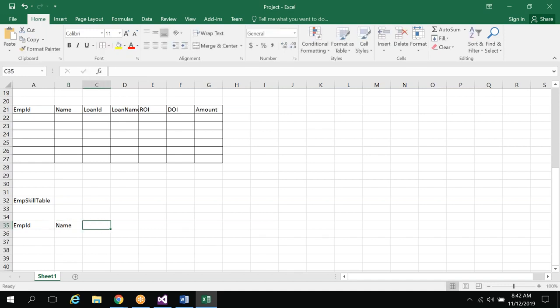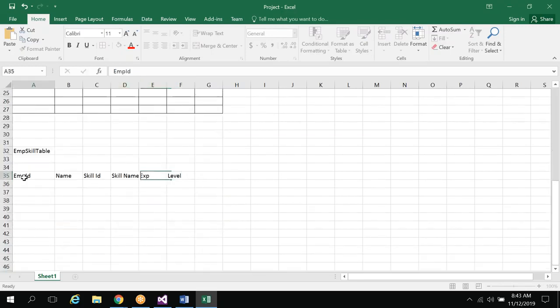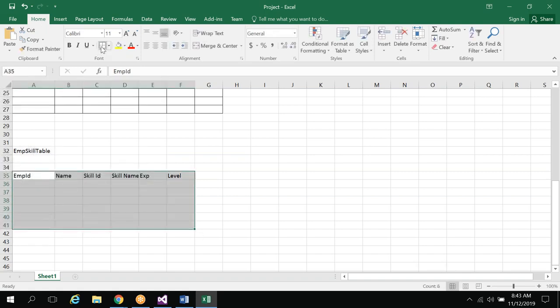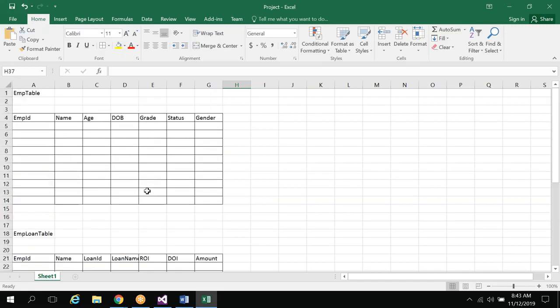Employee name, skill ID, skill name, and technology or something like experience, and level, how good the employee is in that particular skill. This is one more table which we are going to create in our training program. Something like this kind of project we will design.